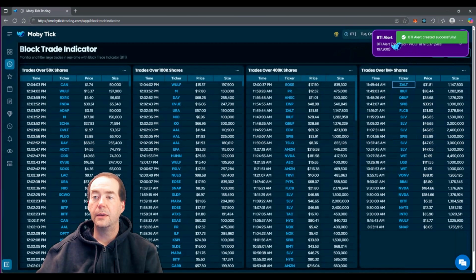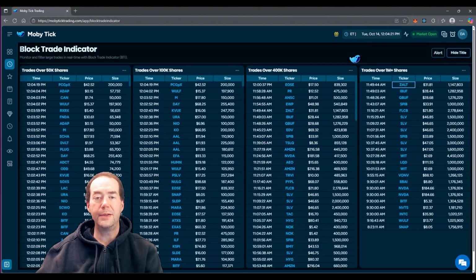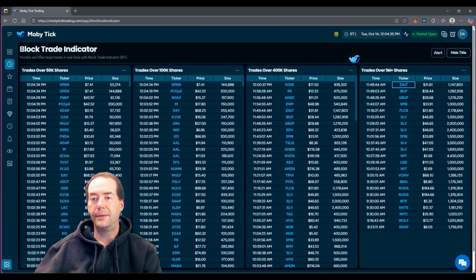So now we're starting to get alerts in. And we can see here, Wolf, 1537, 197,000. And you can hear the chime as it comes in. So this is important. When I'm trading, I have 6 monitors for my workspace, and this one is on the top left. So I'm just watching it in my peripheral vision. And then now, if something comes through that I'm interested in, I can just glance up, see the purple banner, and